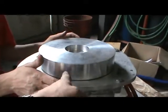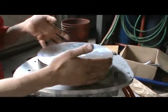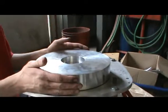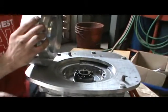I trued this up. It's perfectly round now. If you were too critical on the inside dimensions, you'd hear it rub. You're a little bit off eccentric-wise, so we're definitely big enough where we're not going to rub. Obviously, you're not hitting. All right, I'm going to run this across the street with this pilot bearing,